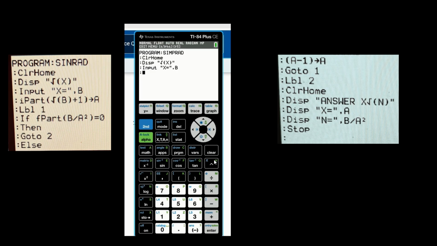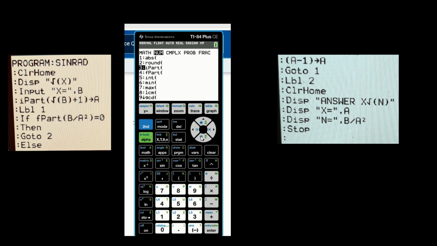And then after that we are gonna press math. Okay, press math, this one here, and then go to the num, arrow right, num, and then just find number 3, which is the iPart.